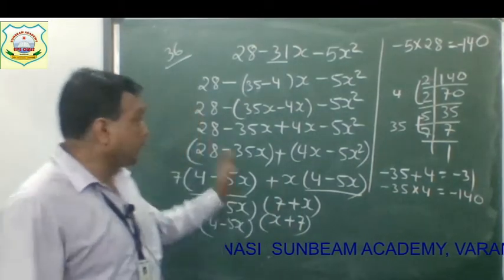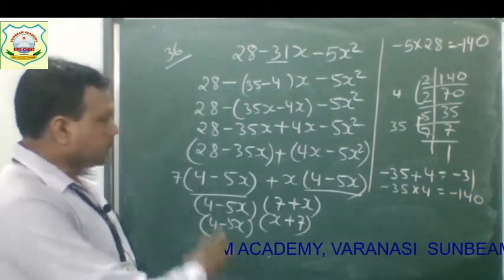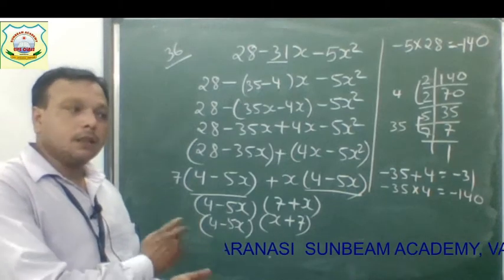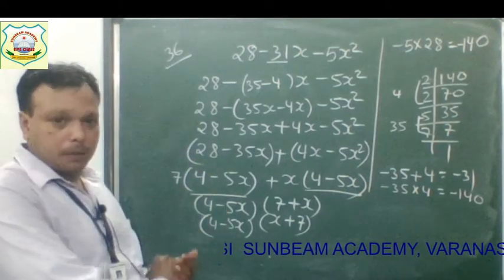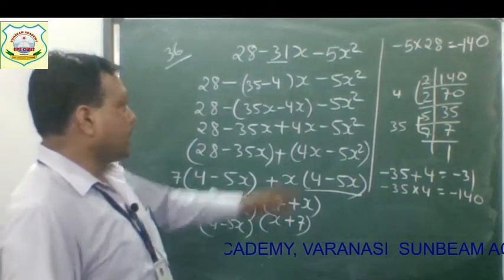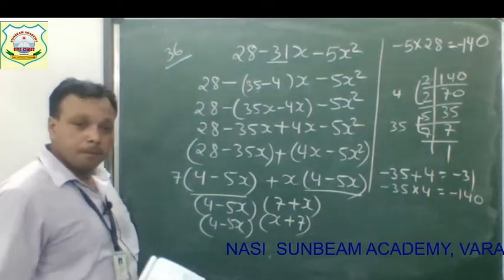This is the first way. Now we will change the places of these terms. You can do it this way, no problem. Just note it down. Now I am telling you the second way, when we change the places of these terms. Like the previous question, the square term should come in this place. Clear? Everyone noted?